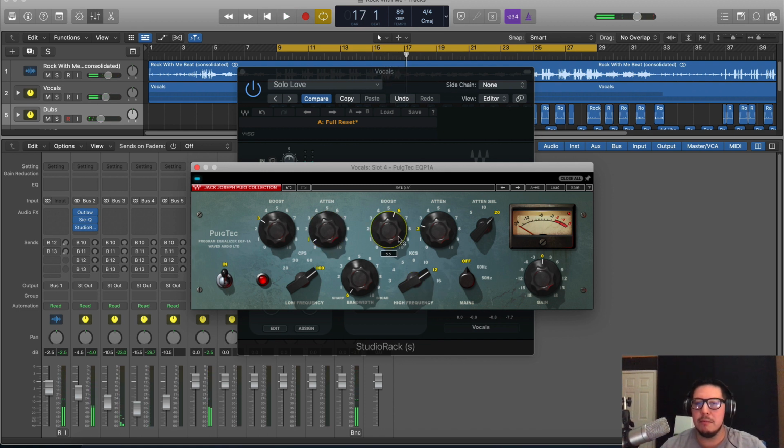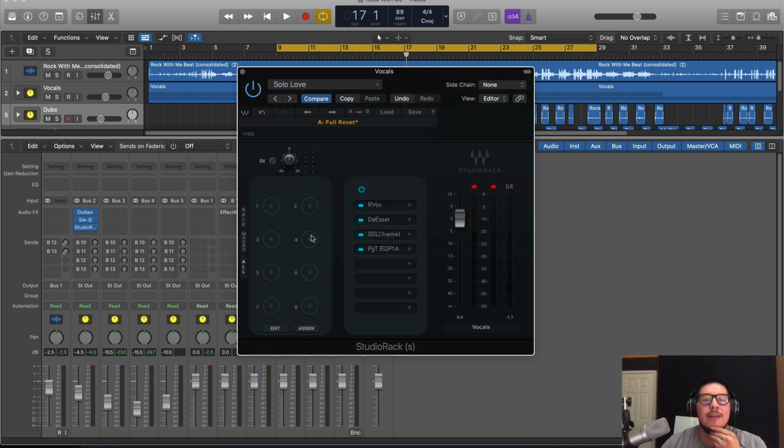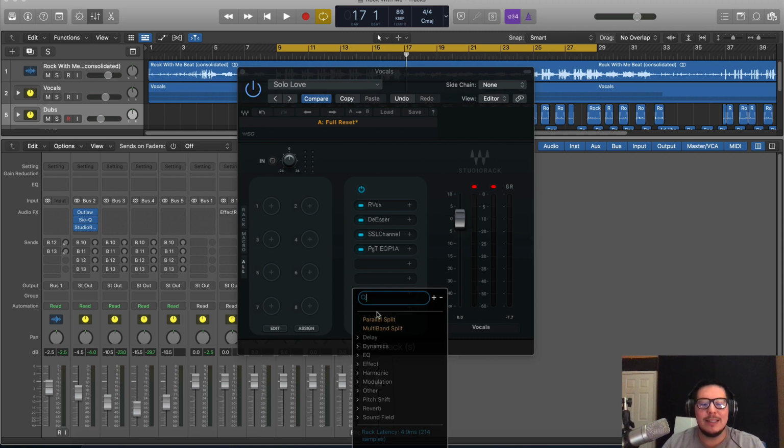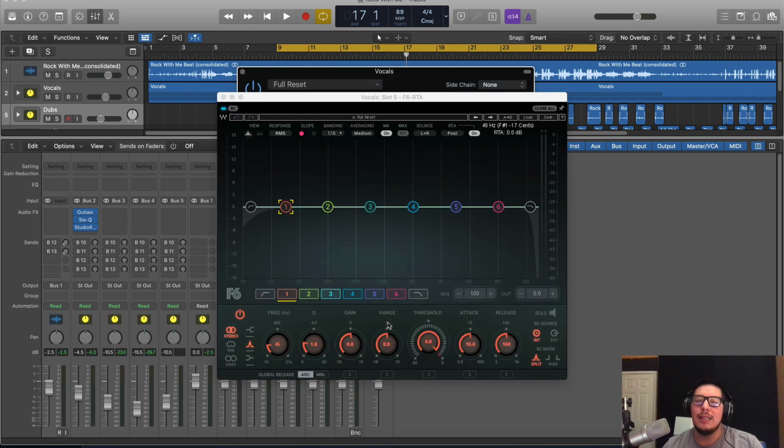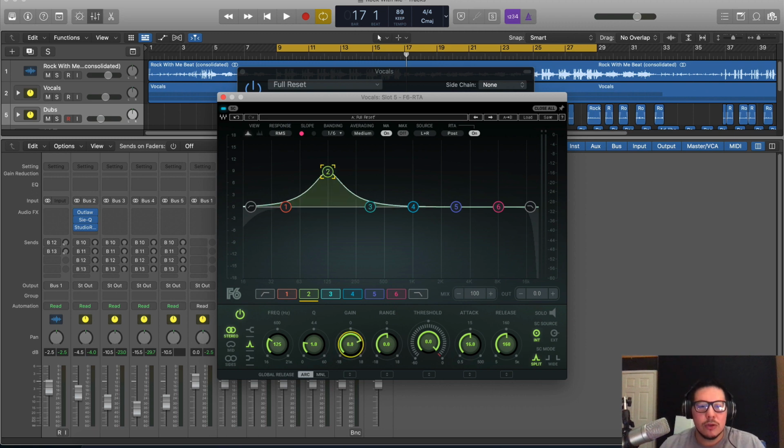Boosted up 12K, about 5.5. I added some attenuation, 2 dBs of attenuation. That way it just kind of balances out the high frequencies. And then from here, what I'm gonna do is I'm gonna add an F6. The cool thing about this, and the reason I like this plugin a lot, is that it's a dynamic EQ. When I'm removing certain frequencies, I'm not necessarily going to cut those frequencies out. What it's going to do is compress those frequencies. So for example, I like taking out around 400, 300 to 500, depending on what mic is used. That's where the boxiness is. So if I were to boost those frequencies,